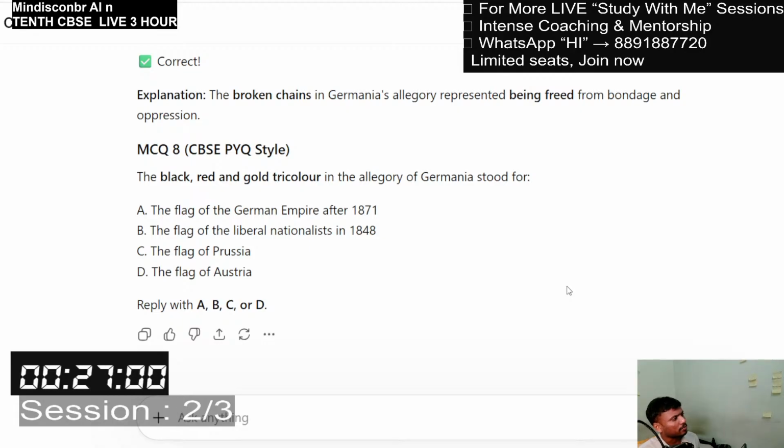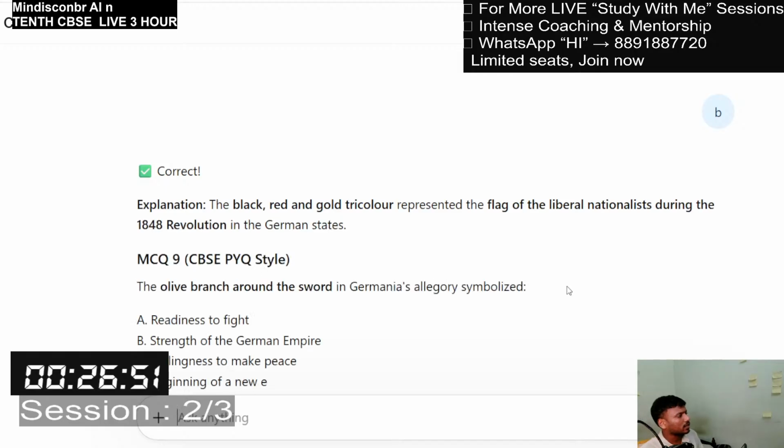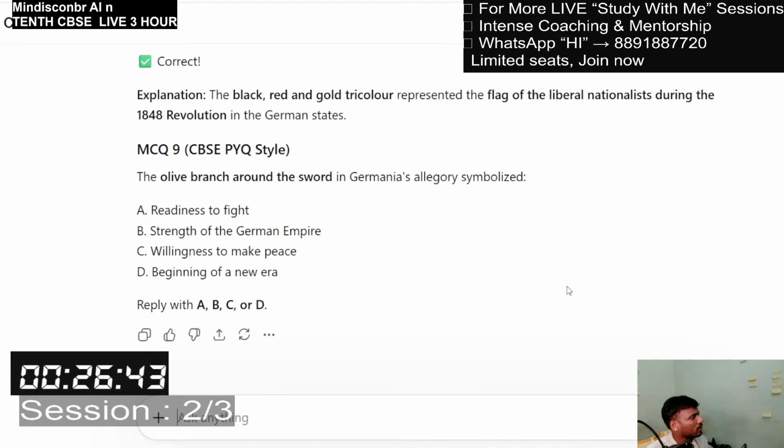The flag of the German Empire. The flag of the liberal nationalists in 1848. The black, red, and gold tricolor represented the flag of the liberal nationalists during the 1848 revolution in the German states. The olive branch around the sword in Germania's allegory symbolized